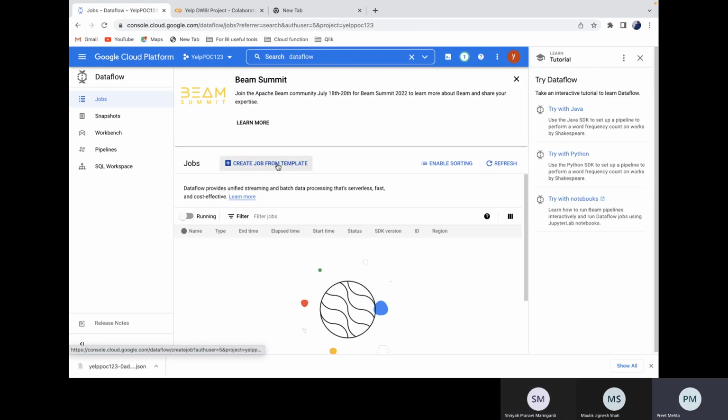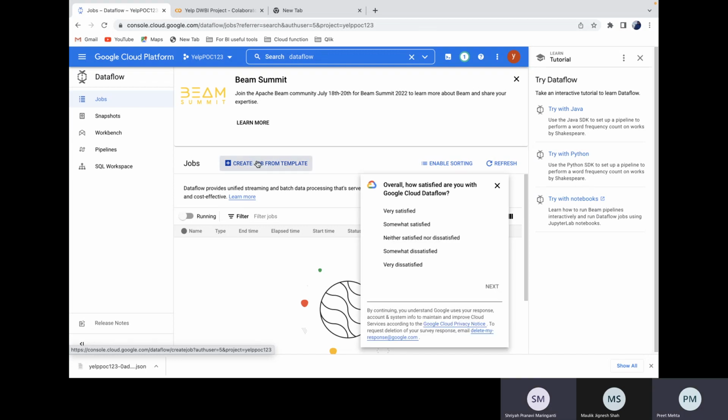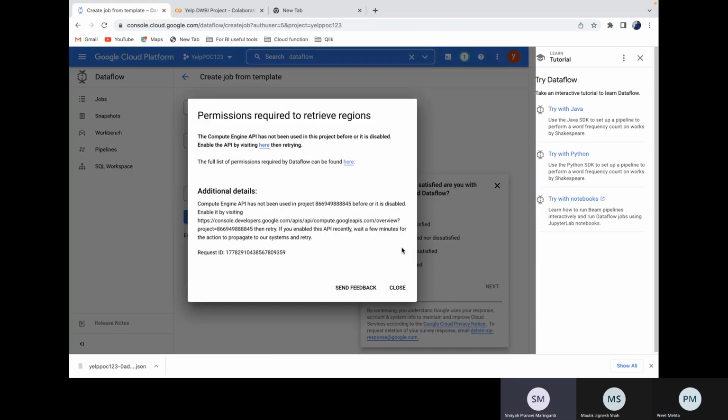So when you go to data flow, click on this create job from template. So this is the ETL tool which we're going to use, right? Yes. So now it is saying that the compute engine API hasn't been used or it is disabled. So to enable it,